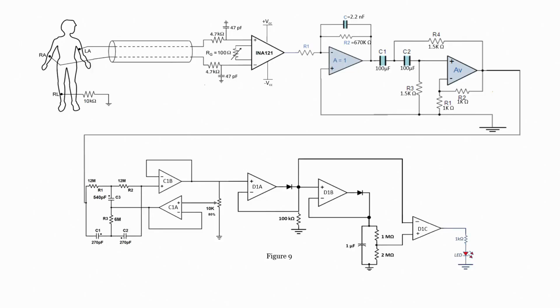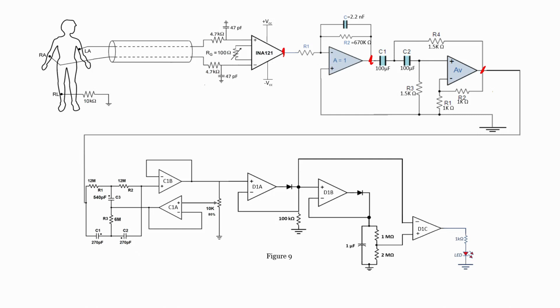Till now we have seen the subsystem level of each and every designed part. Now what we are going to see is, once we interface and connect our electrodes to a specific person to acquire our ECG signal, how the processing will be done. We will compare the signals, the outputs at this point as well as at this point, and see how accurate and how good the ECG signals are at these two outputs as well as at this point too.